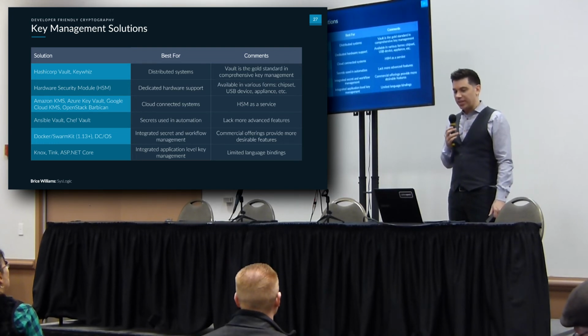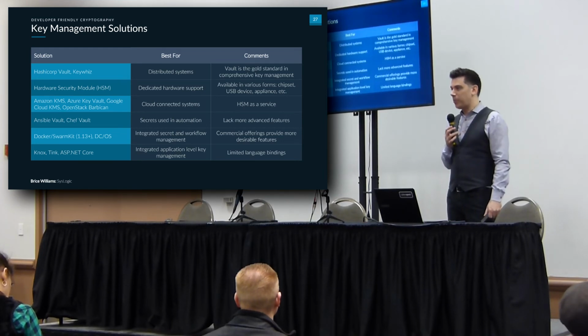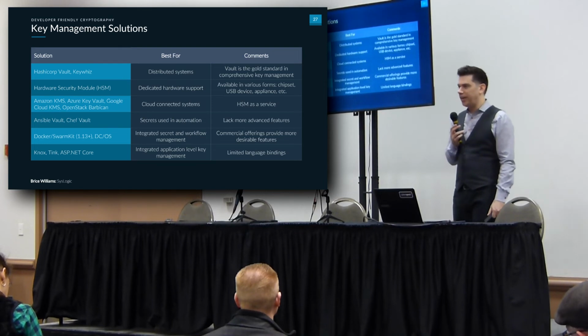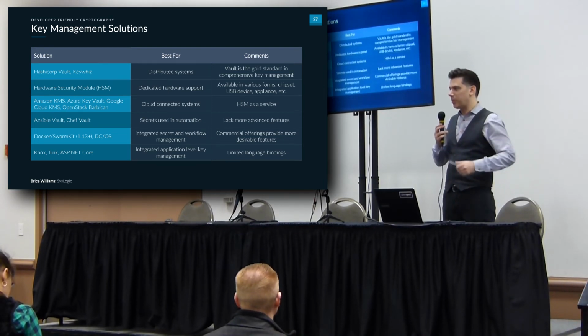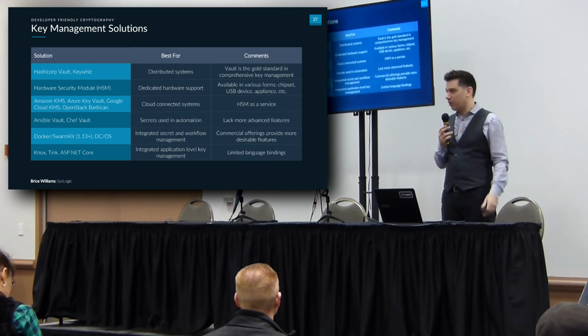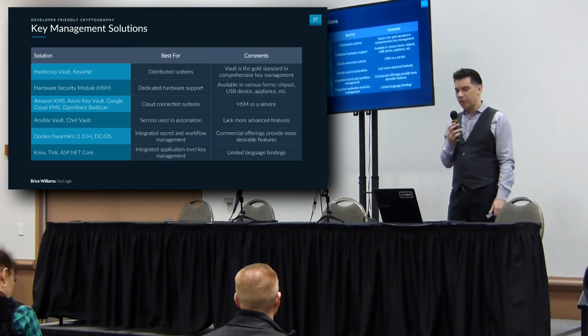The other ones I'll mention: Knox, Tink, and ASP.NET Core. Those are all examples of integrated application level key management. You're not going to get necessarily the more advanced features, and they have more limited language bindings. For example, obviously ASP.NET Core only works with ASP.NET Core. Tink only Java and C++. I've forgotten now what Knox works with. Probably Go. But